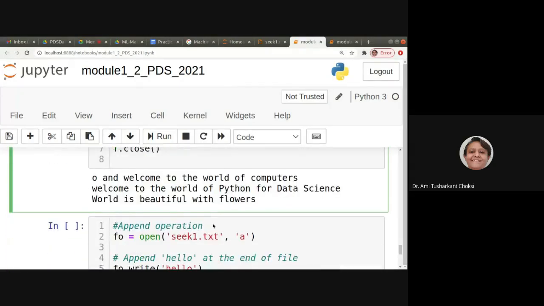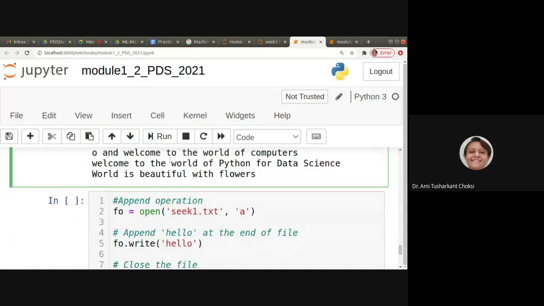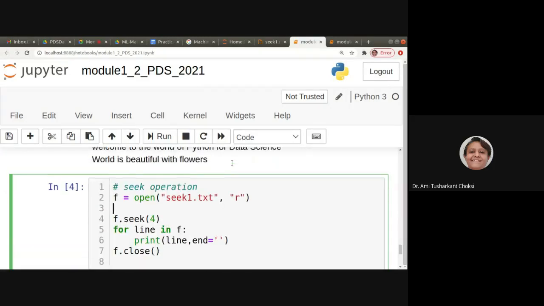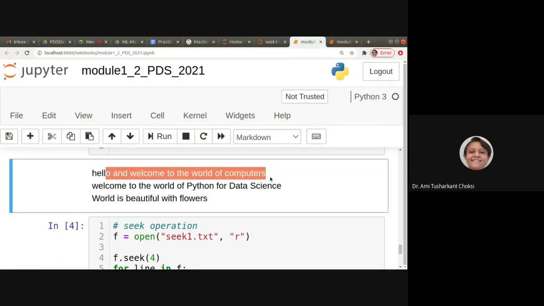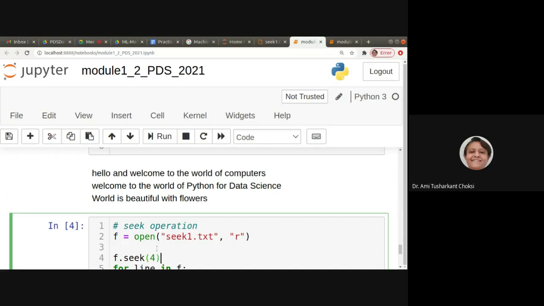And the output we are able to see is "o and welcome." What does that mean? O-H-E-L-L-O, hello. So from this it is showing us the output. Why? Because seek 4 is there, so it skips the 4 characters. Actually not skip, we can say that it is putting the pointer to the 5th location, right?